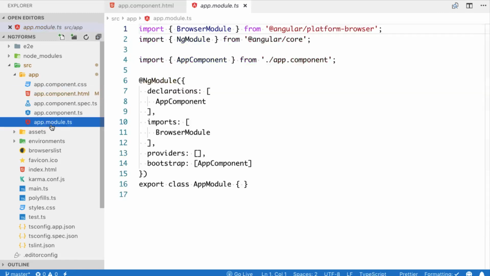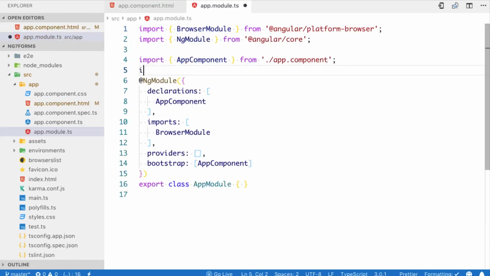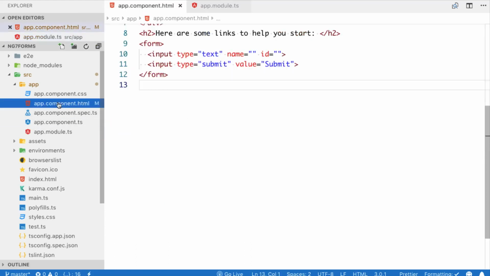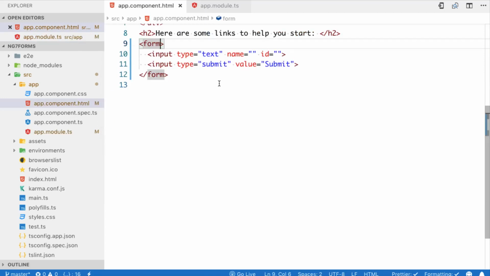the app.module.ts file. So here we will import FormsModule from @angular/forms, and that's it. After that, just add it into the imports array inside ngModule as FormsModule, and we are good to go. After that, in the app.component.html file, you simply need an event handler which will handle the form submission. So we call it ngSubmit is equal to, and then we will assign it a function which we will